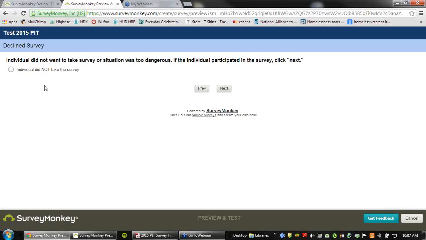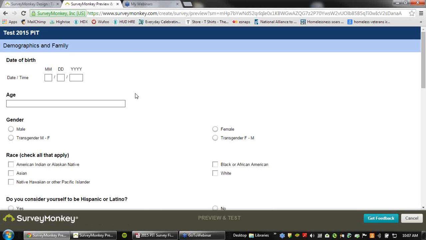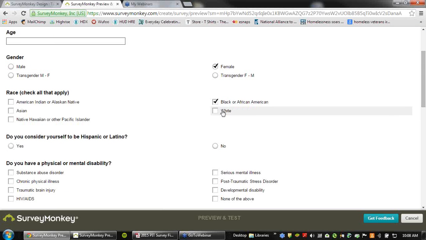All right, and so this is just like the survey. The individual did not want to take the survey, but our individual is going to take the survey, so we don't need to do anything there. Let's go ahead and start filling out some information for our fake individual. And again, on the survey, we have the date of birth and we also have age, and it's really up to you. Just capture one of those. If you have both of them, that's fine, but you really only need to enter one. We're okay with just one of those. So we'll go ahead and fill this out.